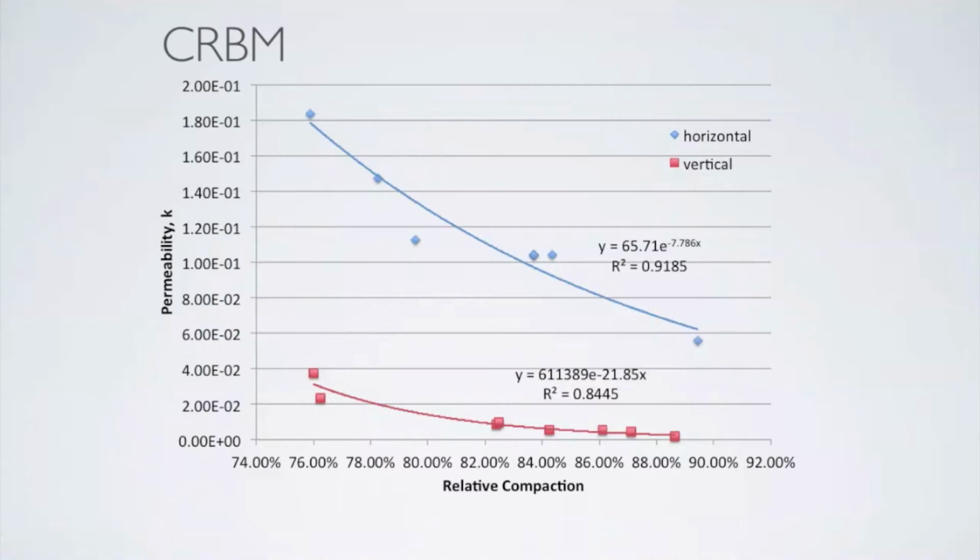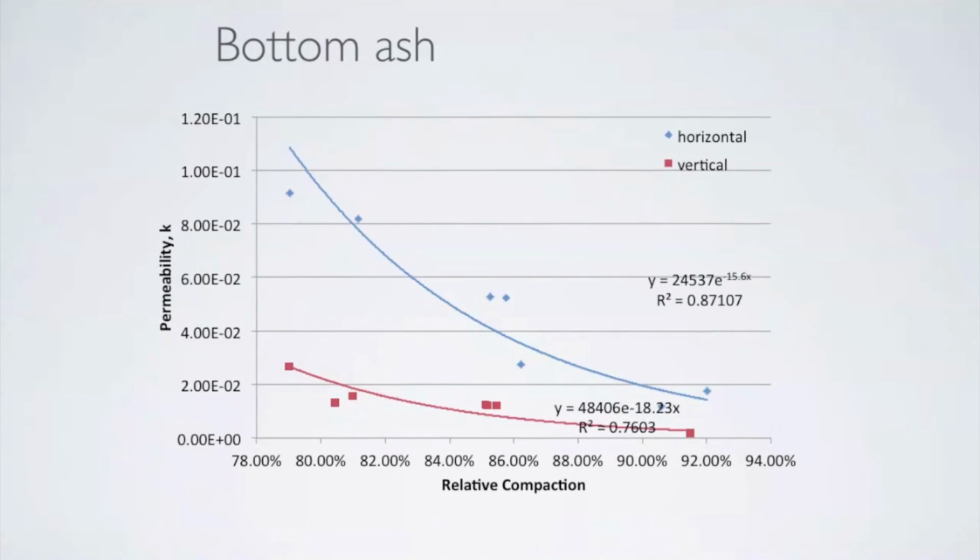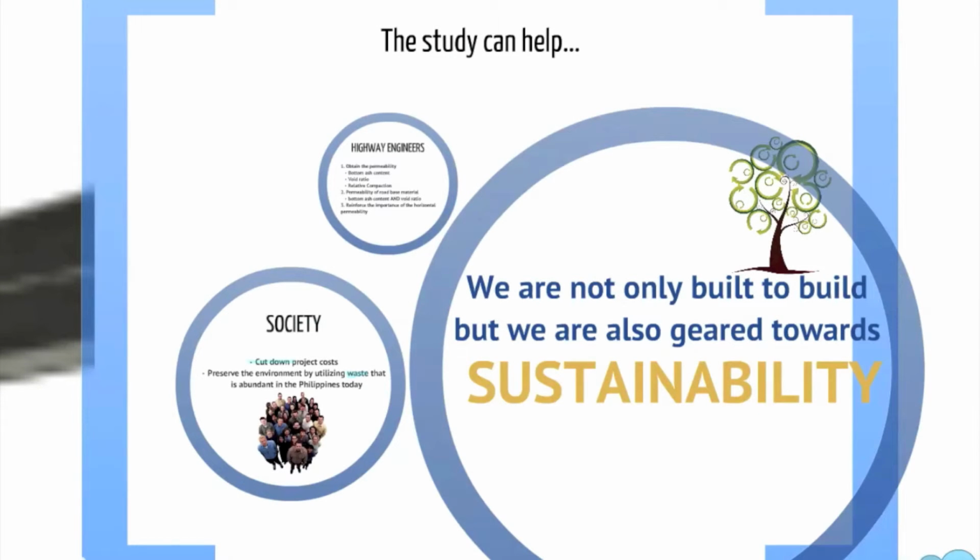Compared to the results of the vertical permeability test, both conventional road-based material and bottom ash incurred higher horizontal permeability due to the anisotropy characteristic of all samples. All has been said and done, but it all comes down to what the study can